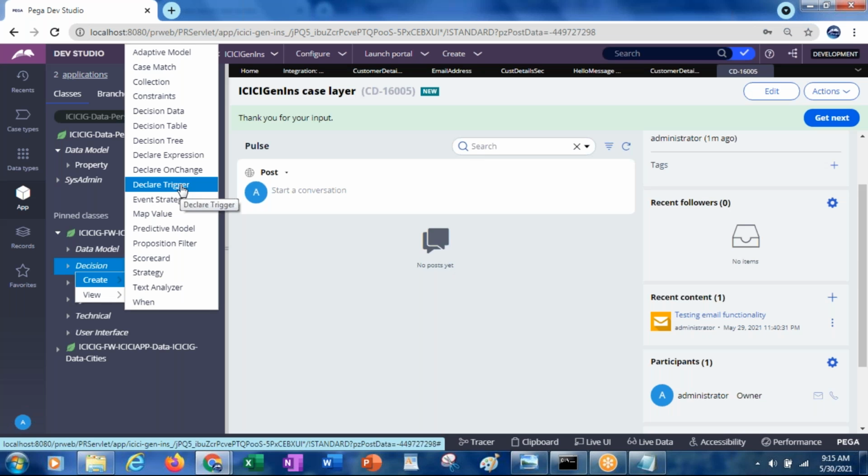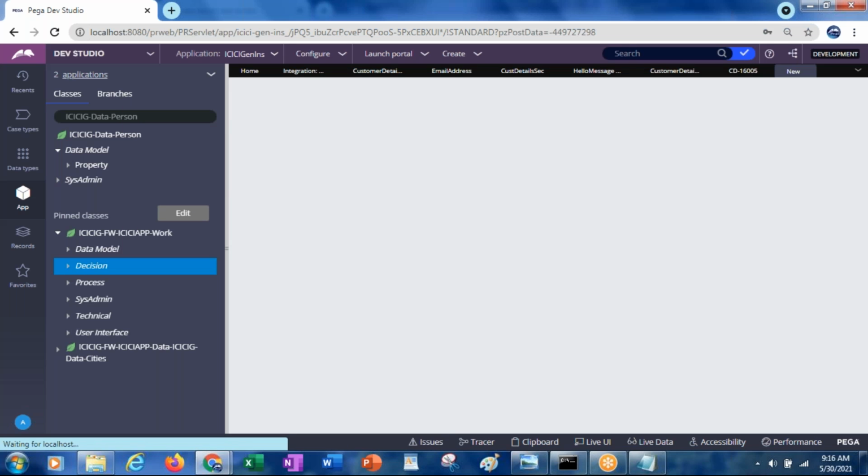Do you have an idea of any RDBMS package, Jagdish? I have slight knowledge of it, sir. In an RDBMS you will have something called triggers, and the trigger will be executed from Oracle itself. But here, from the Pega side, if you want to perform some functionality and perform any DML statement execution, then we can go for the trigger. So create a declare trigger.